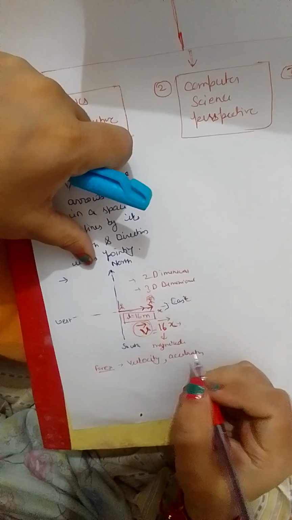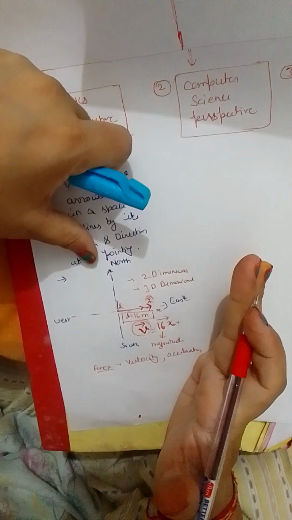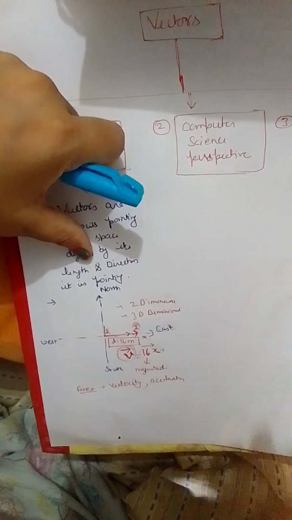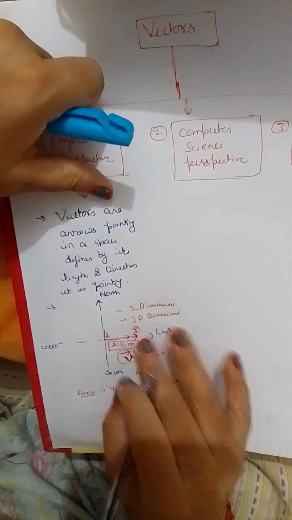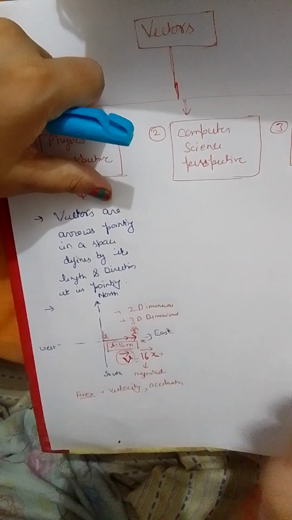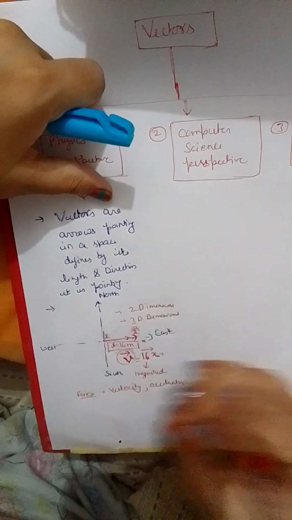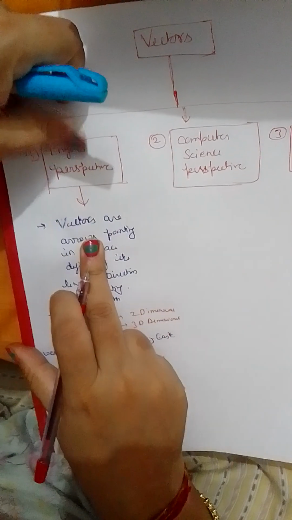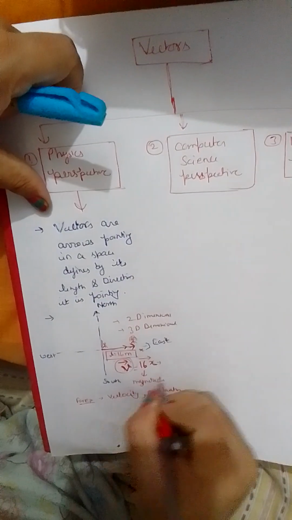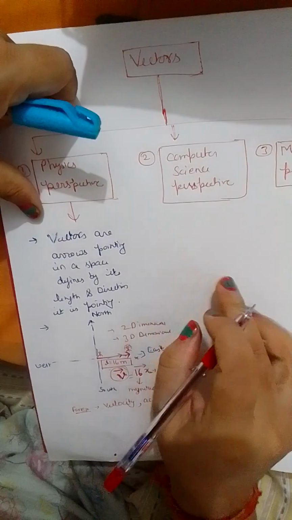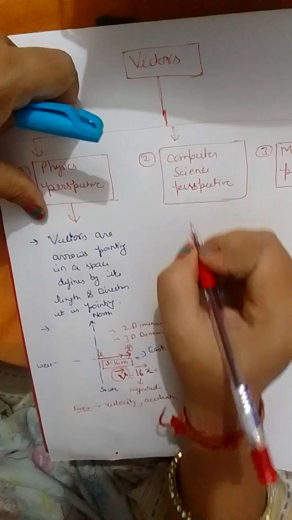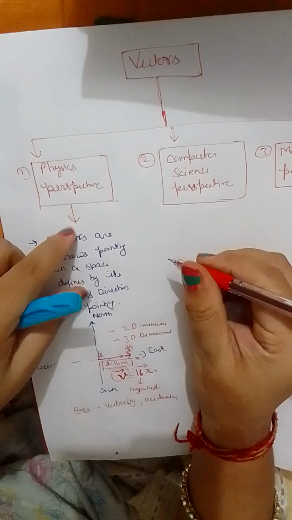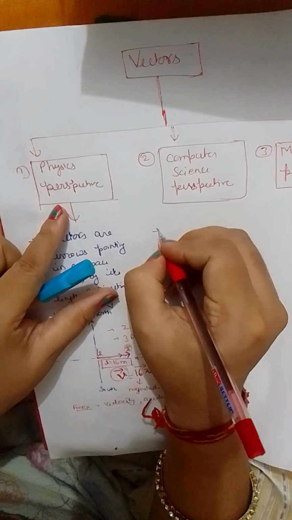The velocity of a plane is in three dimensions, as a plane flies in three dimensional space, and a car's speed is in two dimensional space. So this is from the physics perspective. This is how physics students see vectors. But what do computer science students see vectors as? They see vectors as